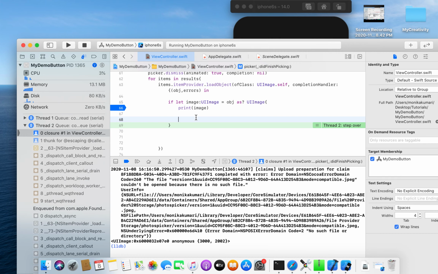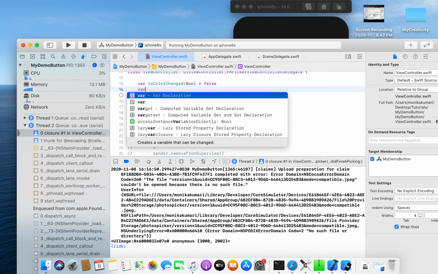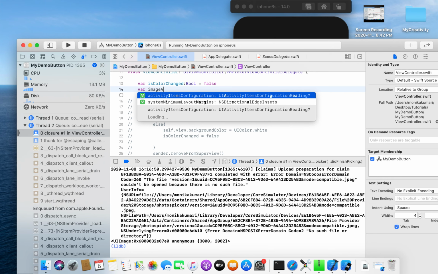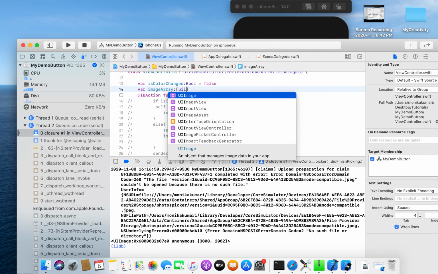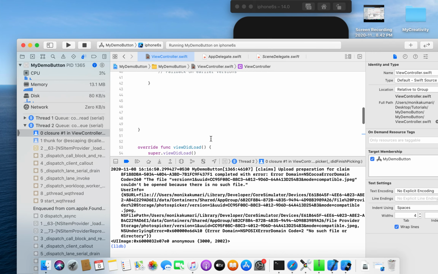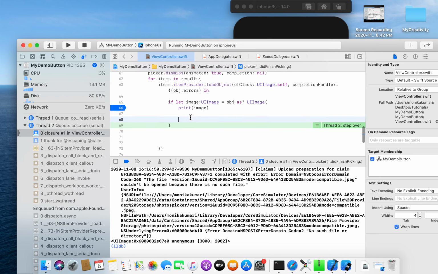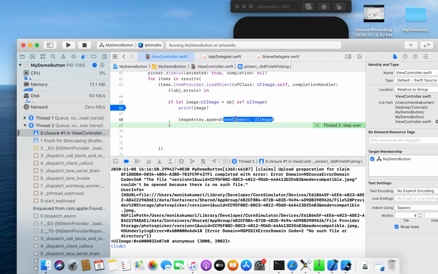So for that I will create a variable for images. Variable image array is an array of UI image, equal to an array of UI image initialized. So the image array has been initialized here, and I will put image array dot append image.